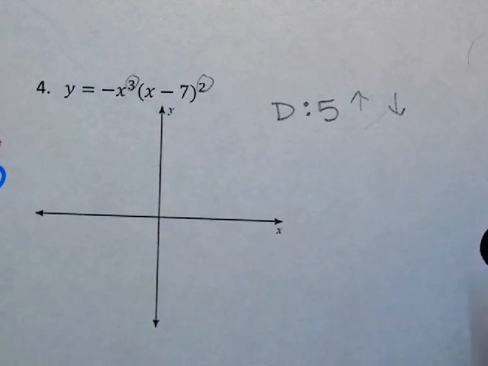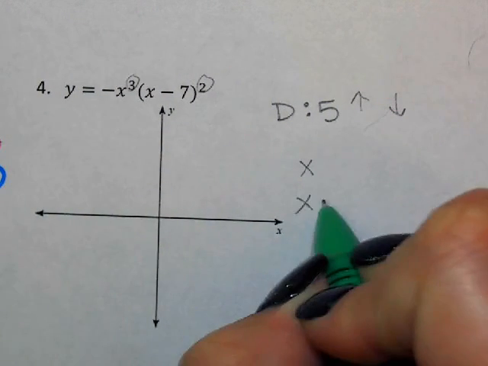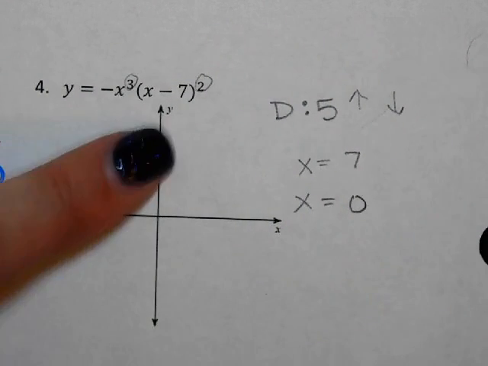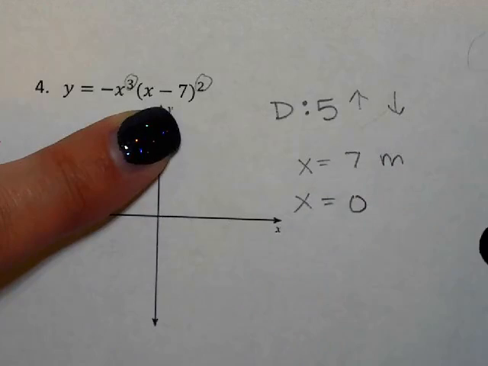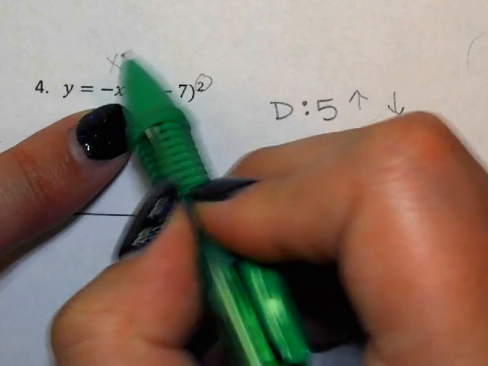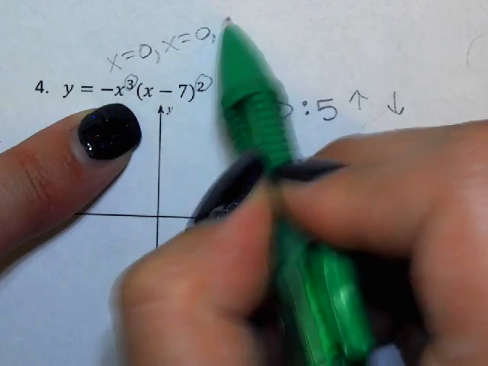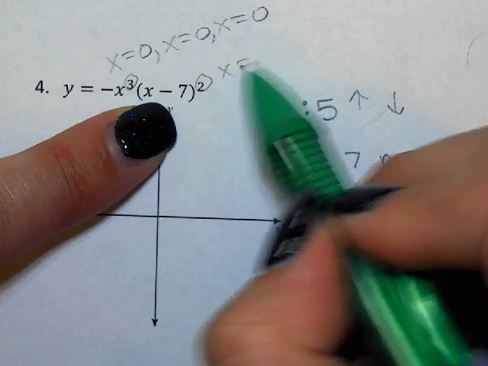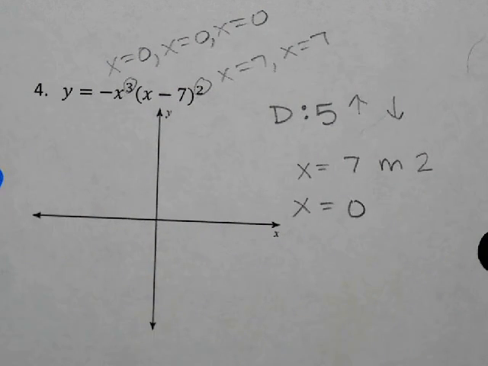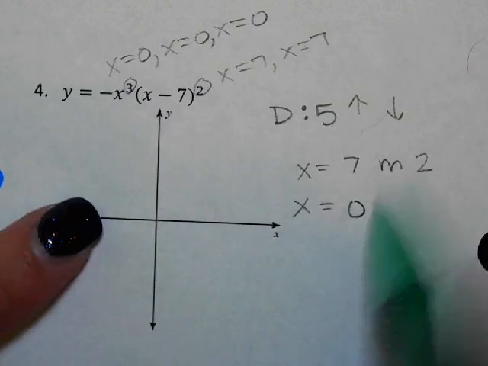Okay. The multiplicity for 7 is 2. Multiplicity is how many times that answer happens. So this means x equals 0, x equals 0, x equals 0. This means x equals 7, x equals 7. So multiplicity just tells you how many times that answer happened. Multiple times. All right, and then 0 has a multiplicity of 3. Okay, so we've got